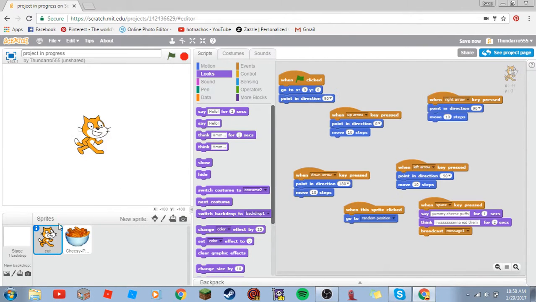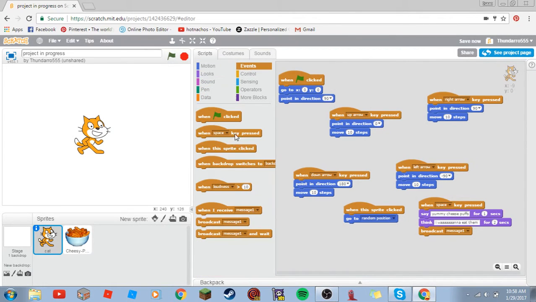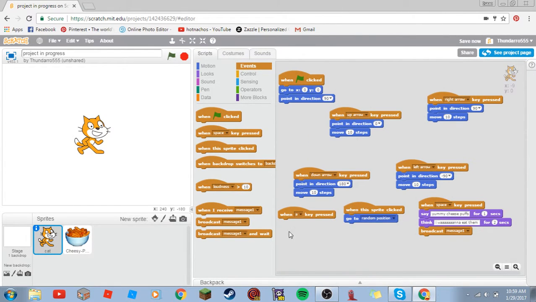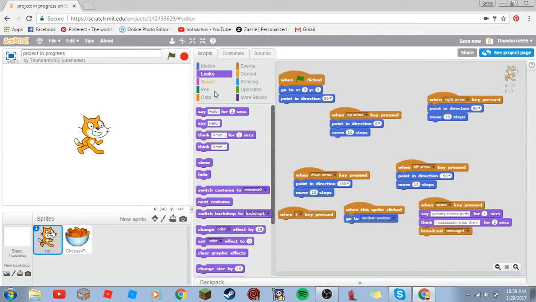Now we can make the cat. Now let's add another script to make the cat say something and bring him back. So let's add another when key press block. Let's do the A key. And let's have him say, I'm not gonna eat you, for 2 seconds, and then think,